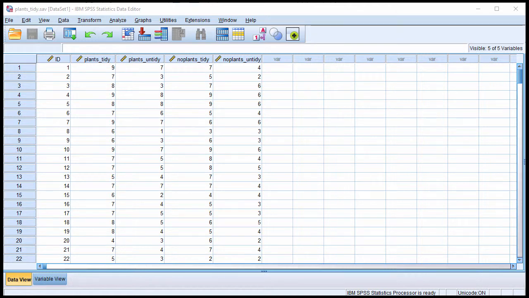In this video, I'm going to show you how to create a line chart in SPSS in order to represent the interaction associated with a 2x2 factorial repeated measures ANOVA. Now, this video assumes you have version 25 or greater because SPSS included an easy way to create this chart